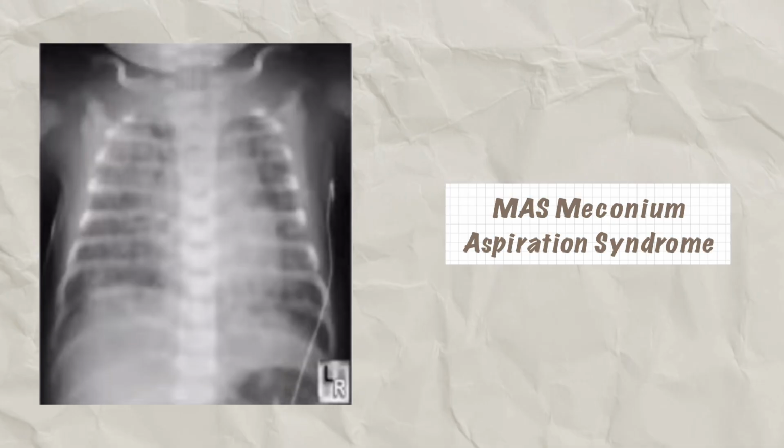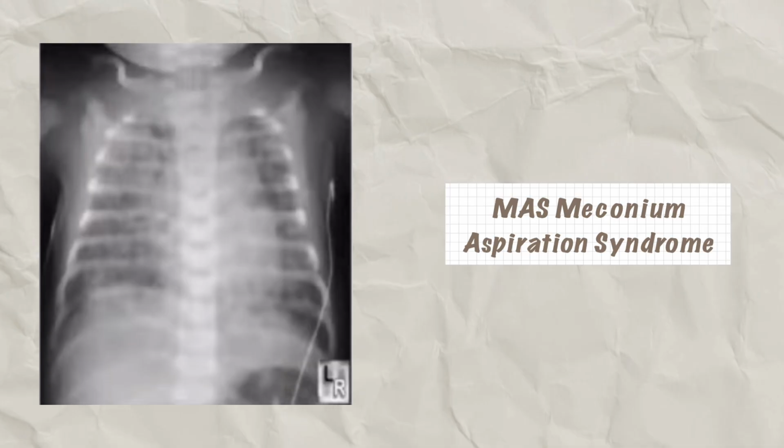Now let's read this from our textbook. Neonates born through meconium-stained amniotic fluid can aspirate the meconium into the lungs and develop respiratory distress, which is known as meconium aspiration syndrome, MAS. Aspirated meconium can block the large and small airways, causing areas of atelectasis and emphysema, which can result in air leaks like pneumothorax. Atelectasis and emphysema cause ventilation-perfusion mismatch that can progress to respiratory failure. Meconium also induces chemical pneumonitis.